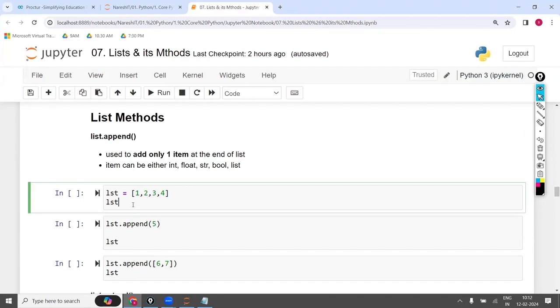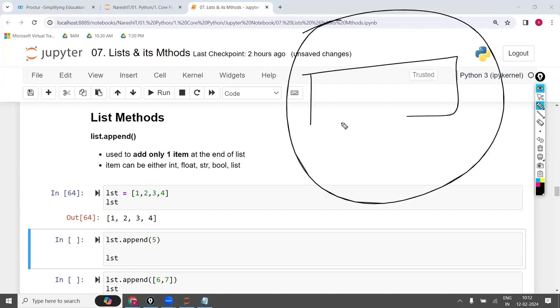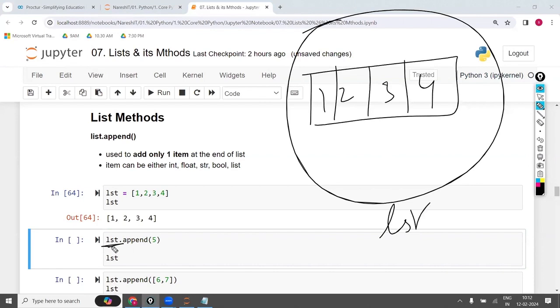For example, a list of 1, 2, 3, 4 is there, so the object is created. Now with LST dot append, first it is going to collect what LST is.